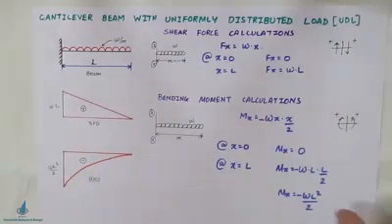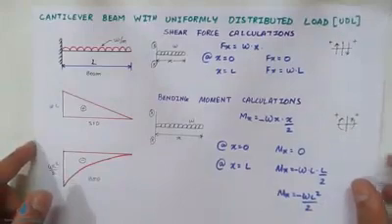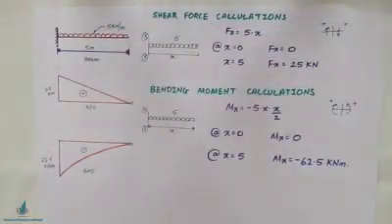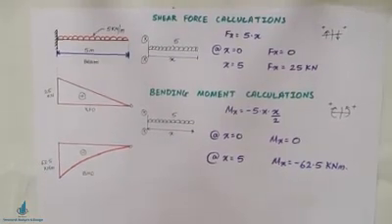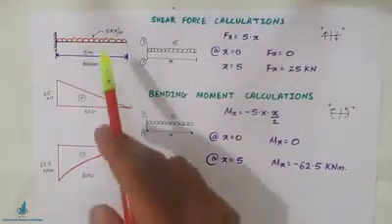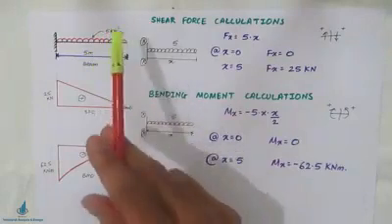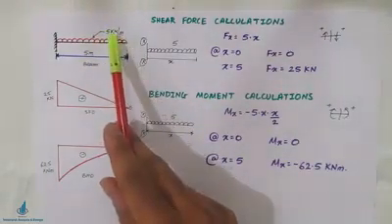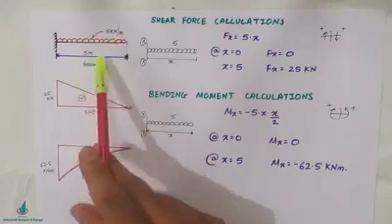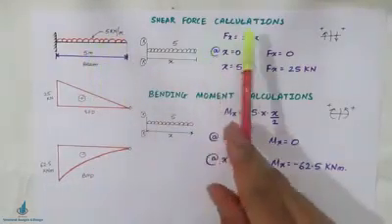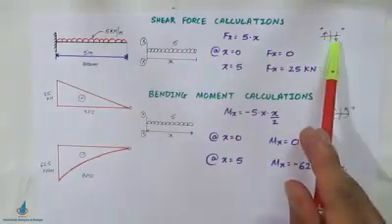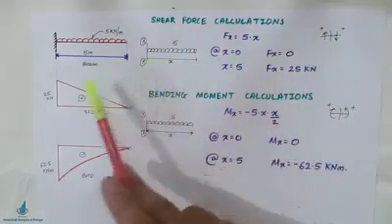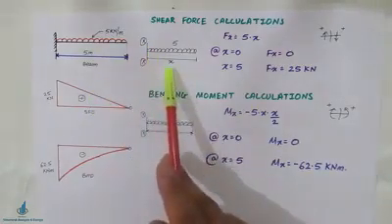So this is the general problem regarding a cantilever beam with uniformly distributed load. So let us take one simple numerical example based on this explanation. Again the same beam I have taken, only instead of W I have taken here 5 kilonewton per meter over a length of 5 meters. So again for shear force calculations, you have to first write down the sign conventions and then cut a section at xx at a distance small x.